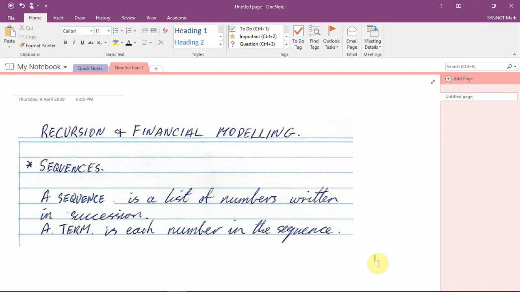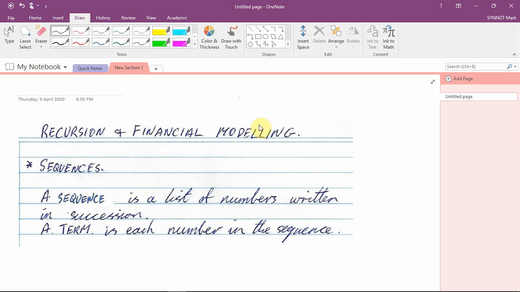All right, our next topic, as it says there, recursion and financial modelling. And so what we're interested in here today, as a start off, is what we call sequences. So as it says there, a sequence is a list of numbers written in succession, and a term is each number in the sequence. So some sequences, like these ones here, for example, so that's a sequence. There's a bunch of numbers there, 1, 3, 5, 7 and 9,